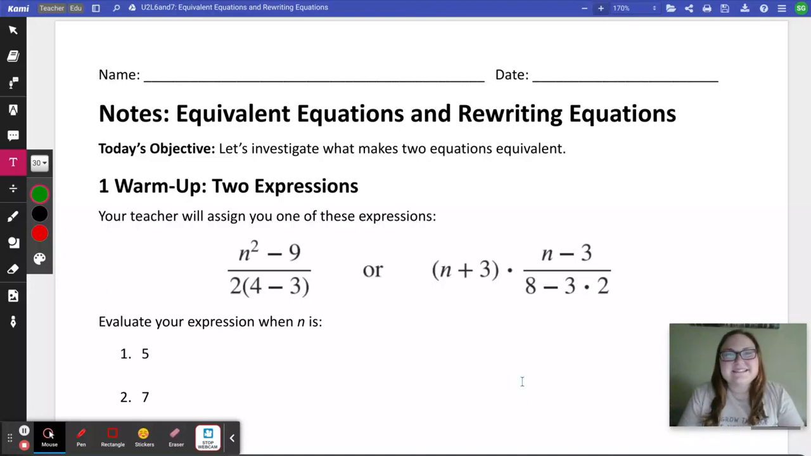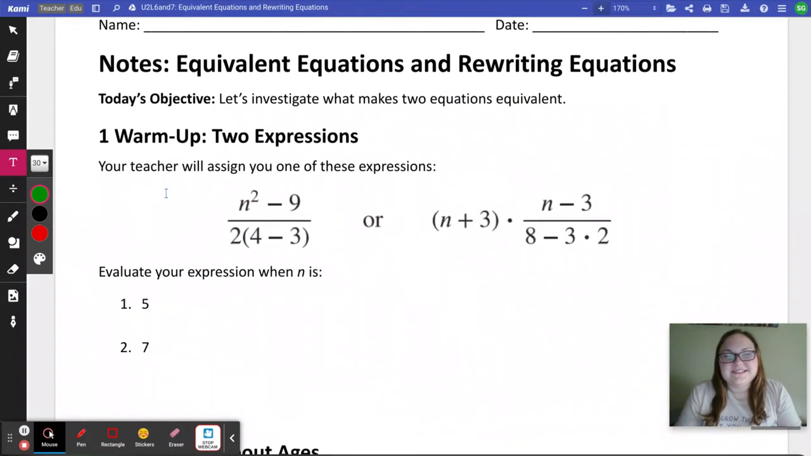Algebra students, today's lesson is going to be on equivalent equations and rewriting these equations to find equivalent equations. Our objective for this lesson is going to be: let's investigate what makes two equations equivalent. At this point, I've said the word equivalent twice now, so you might be remembering what equivalent means. To help us explain the idea of something being equivalent, though, we're going to use this warm-up here, which is